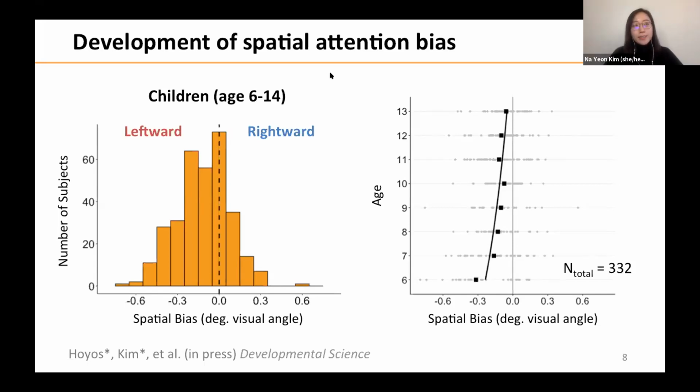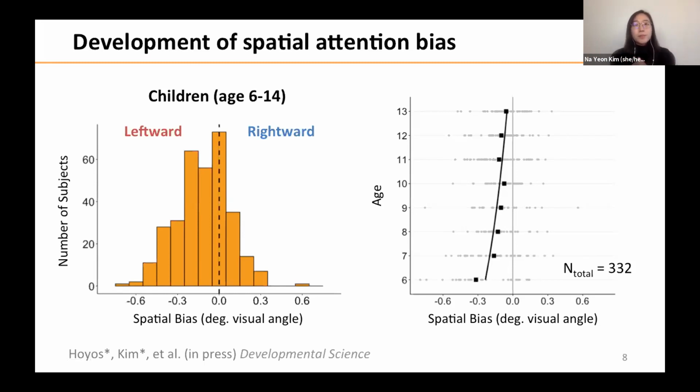Interesting. So I think we had a similar question when we started looking into this neural data. Currently, we can't really talk much about the age-related difference in the current data set. That's why I wanted to build a predictive model and apply it to a larger database with more subjects. I think when we saw this behavioral data first, we thought about reading development actually. In these children, this is the start of elementary school. So these children start learning to read, and we have data in this paper, but not in this slide, that we are looking at these age 6 to 8, or first graders to third graders,